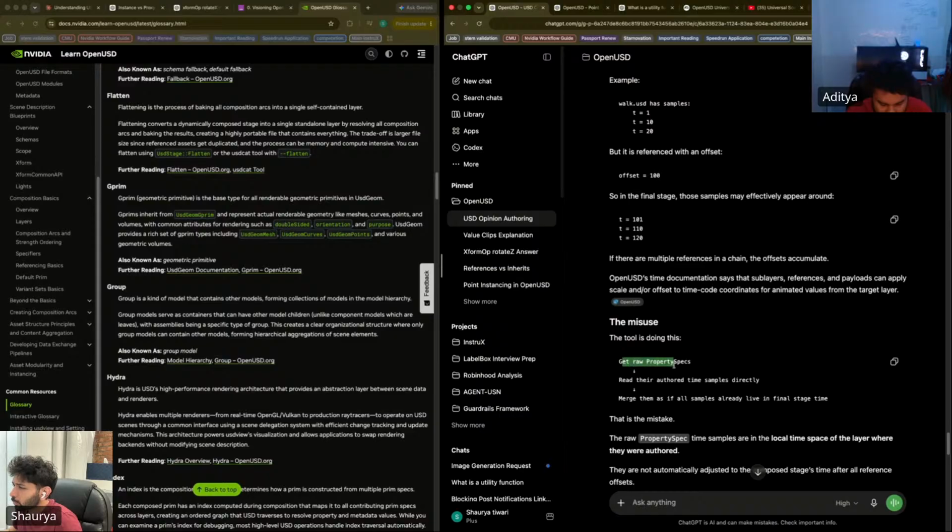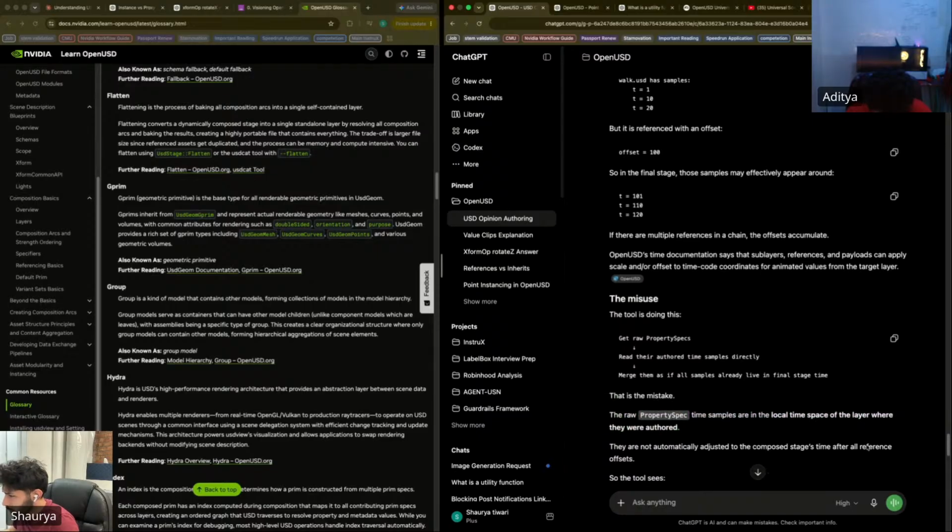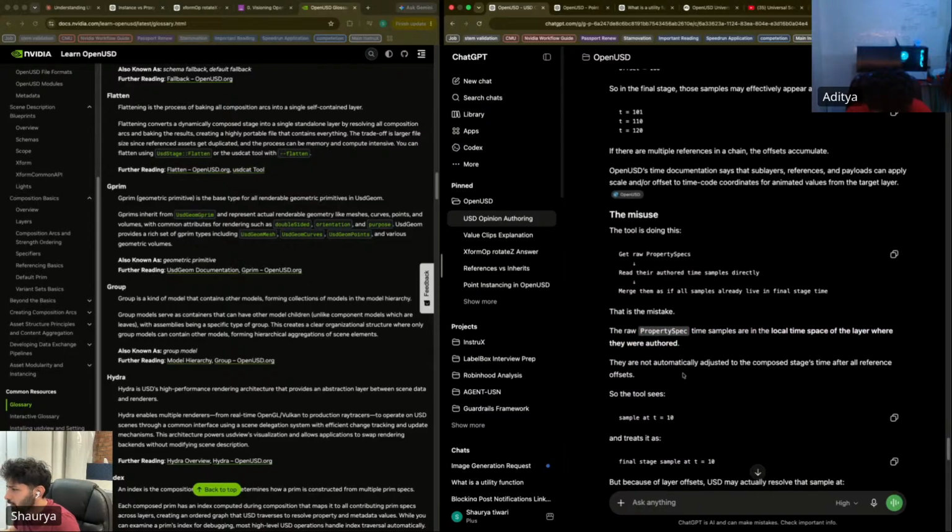The tool is doing get property stack, reading their authored time samples directly, and merging them as if all samples already live in the final stage time. That is a mistake. The raw property spec time samples are in the local time space of the layer where they are authored. They are not automatically adjusted to the composed stage time after all reference offsets.